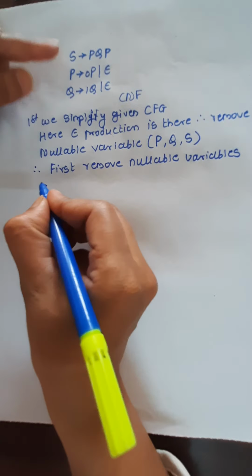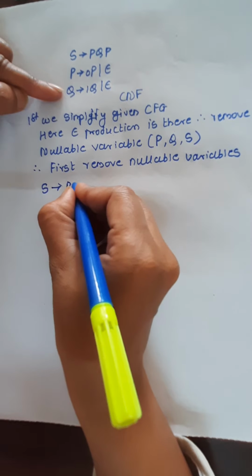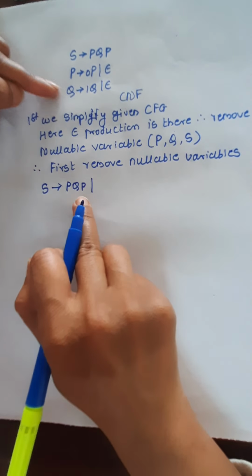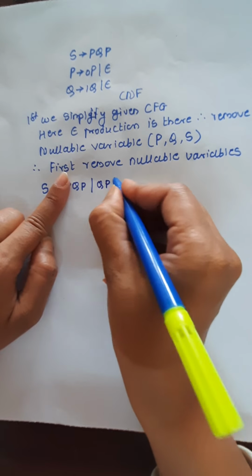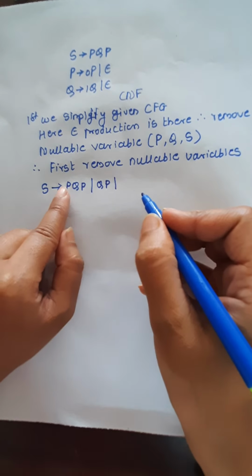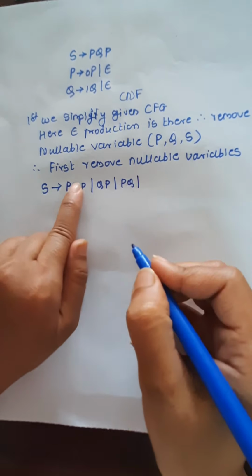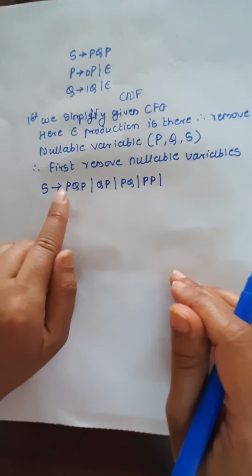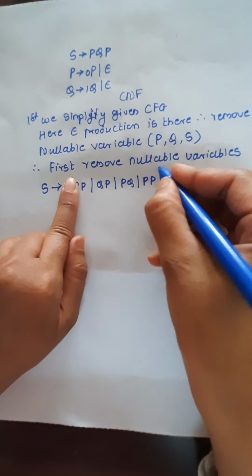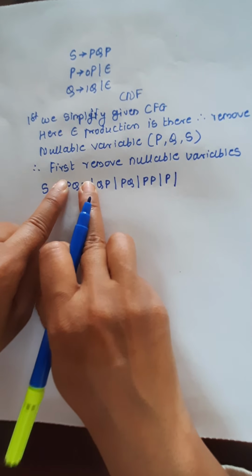First of all, we'll go one by one for each and every production. First take the S production with its RHS PQP. Fine. So what are the new productions generated by removing the nullable? First remove the first P, then QP remains. Then remove the last P, PQ remains. Remove the middle Q, look at my finger, what is left? PP, write it down. Then remove P and Q, both nullable variables, remaining is P. Fine. Remove the first and the last P, the remaining is Q.